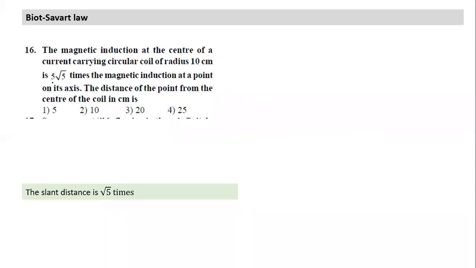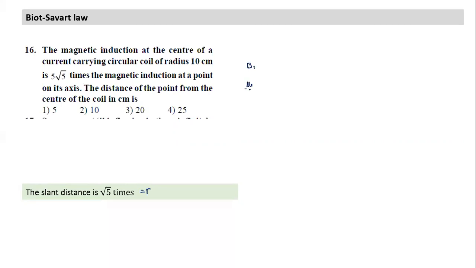How many times the distance has to be compared to the radius if the field becomes this many times? This is also fairly simple. See, it becomes 5 root 3 times. It means the distance has to be root 5 times the radius. Root 5 times, we easily get the answer. So these are fairly simple questions to solve, a straight application of the formula, and once we understand it,